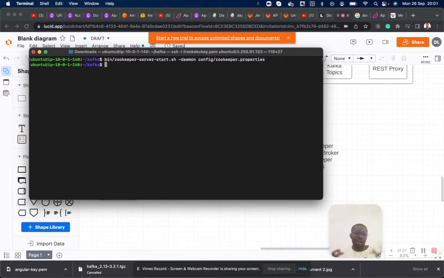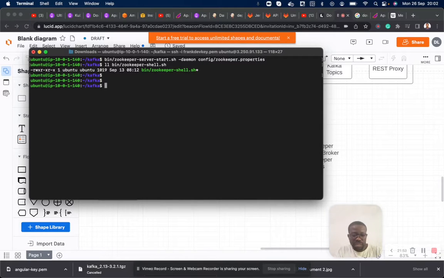You just run it. But how do we know that Zookeeper is up and running? Here, we need to use the Zookeeper shell, the Zookeeper CLI, which is bin slash zookeeper-shell. So how do we start the Zookeeper CLI and check?